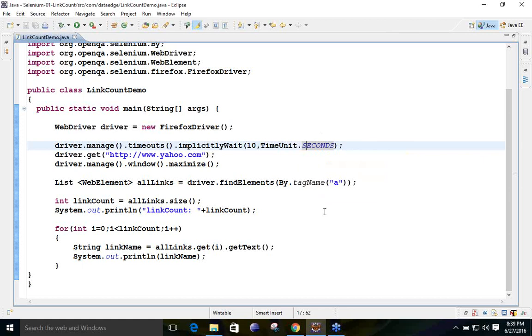So now what we have done: we have opened the Firefox browser and we are telling that browser to wait for 10 seconds. After waiting for 10 seconds, we are telling it to open the website known as yahoo.com. After opening the browser, it will wait for 10 seconds, then it will open the URL yahoo.com. See the second line, what are we telling with this one? What is the meaning of this line?